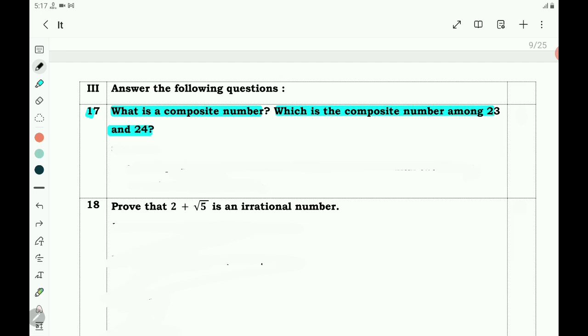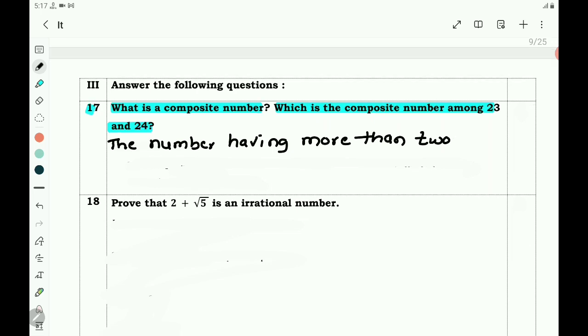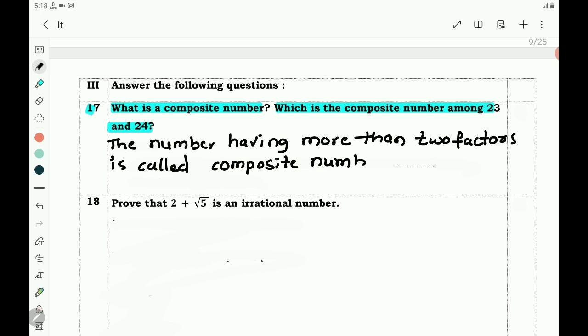What is a composite number? The number having more than 2 factors is called composite number. 24 is a composite number. Here